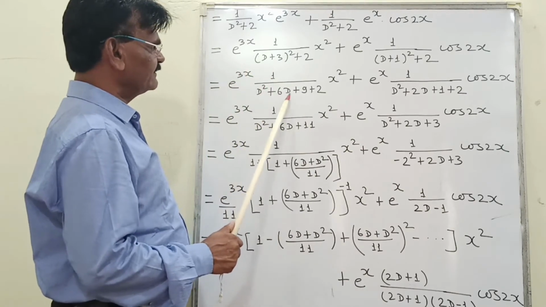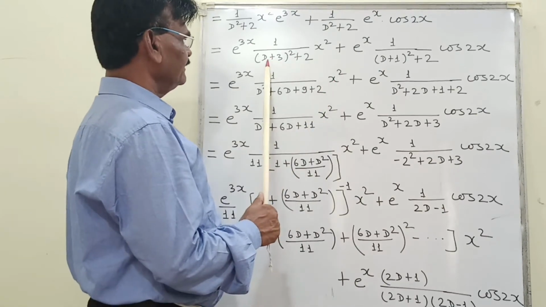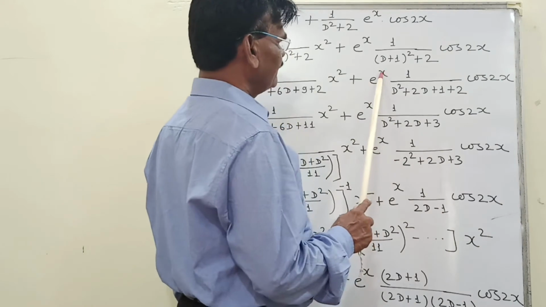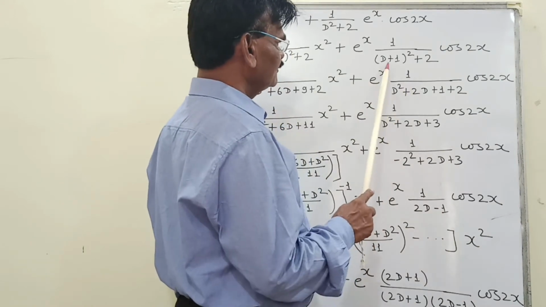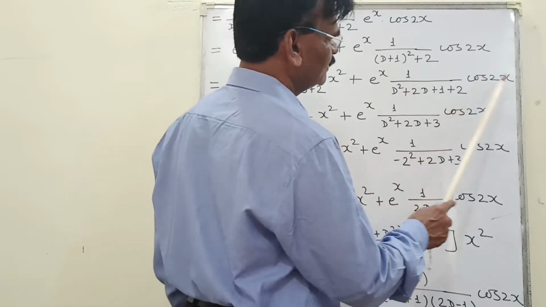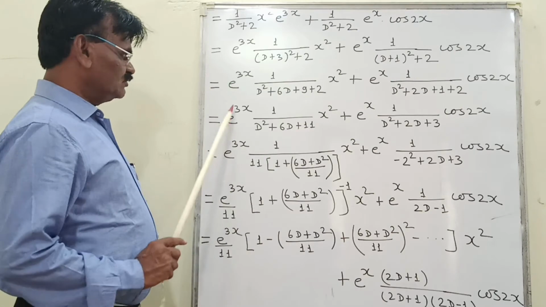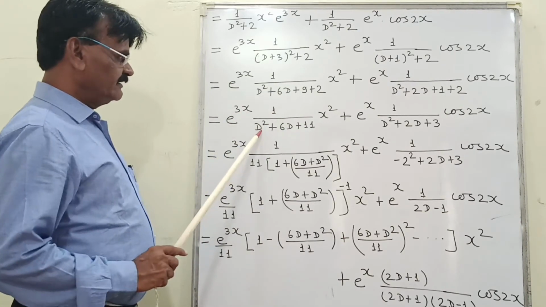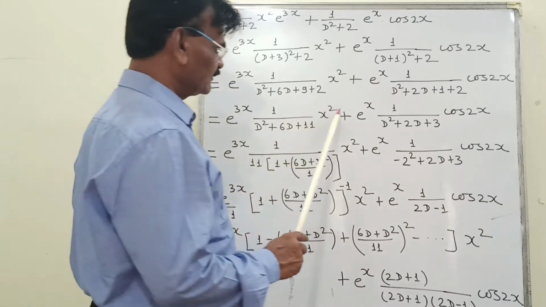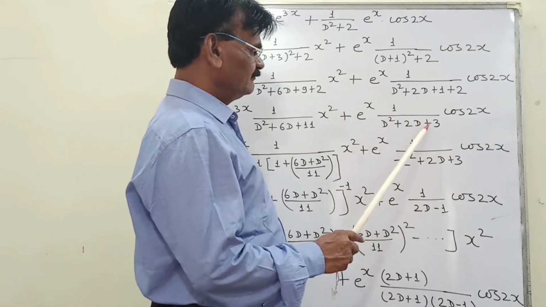D square plus 6D plus 9 plus 2 into x square, because (a plus b) whole square, plus e to the power x 1 upon, here also (a plus b) square, D square plus 2D plus 1 plus 2 cos 2x, which is equal to e to the power 3x 1 upon D square plus 6D plus 11, because 9 plus 2 is 11, into x square, plus e to the power x 1 upon D square plus 2D plus 3